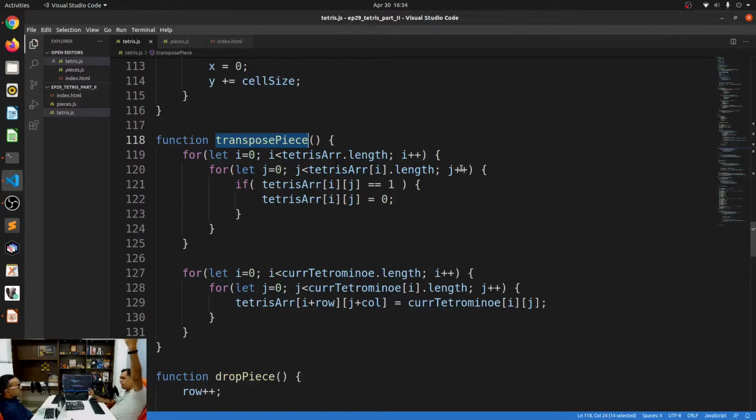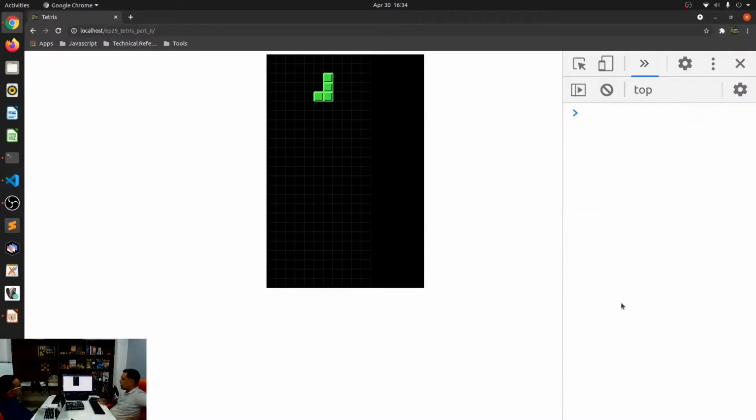Before we do that, we clear out everything from the Tetris array, including pieces that have settled. Here I'm saying only clean out pieces that have a 1 in them, meaning pieces that are not yet settled. If there is a piece that is not yet settled, only clear those out and then do this. And then you can just drop the current tetromino. Okay. Now let's see what happens.